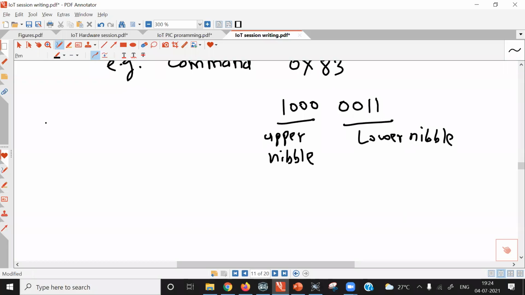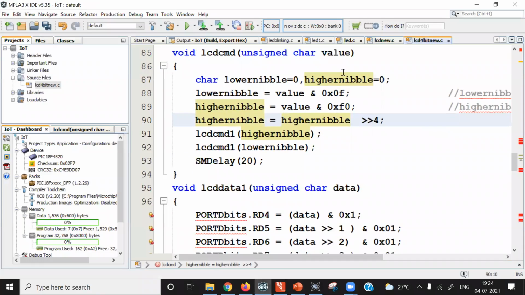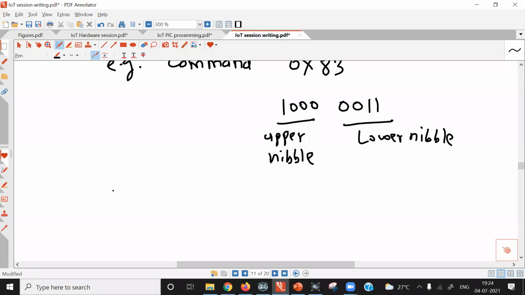Now when we do this ANDing operation, let me go back to our program. Here, in this command, value will be 0x83. Value is a variable and its value is 0x83.